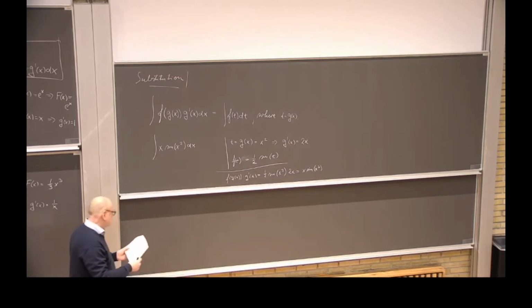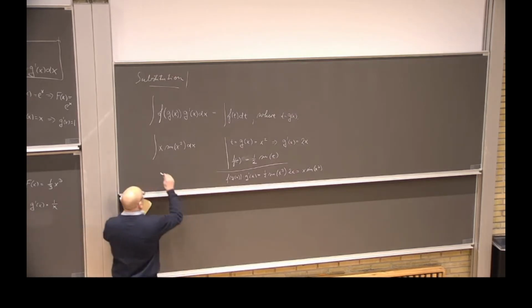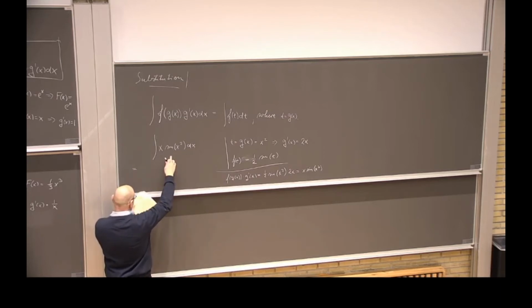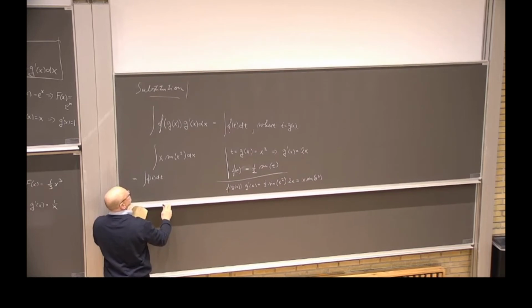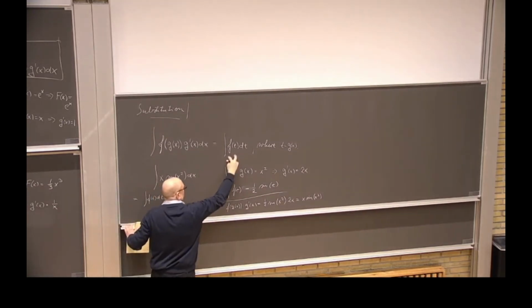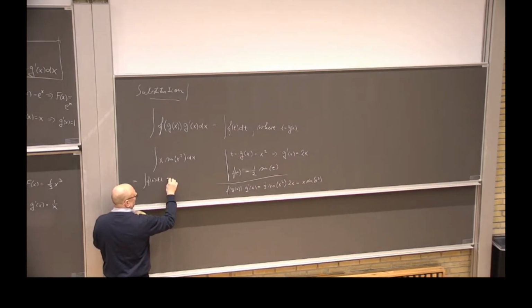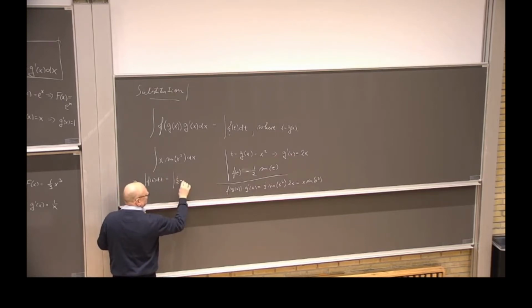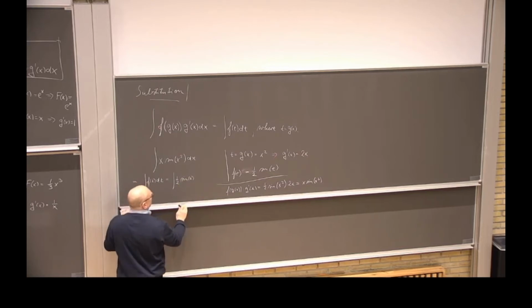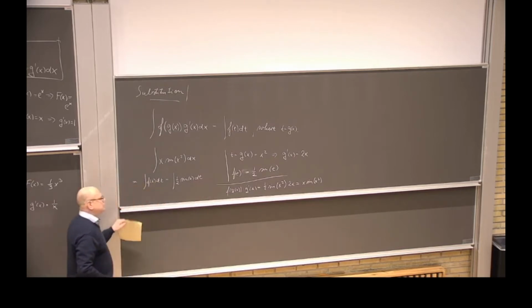So the first thing you should do is integrate. This one here is equal to the integral of f of t times dt, according to the formula. So f of t was 1/2 sine of t, and we have dt. So this is the intermediate result,